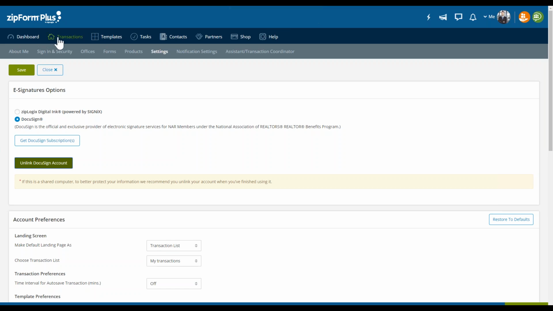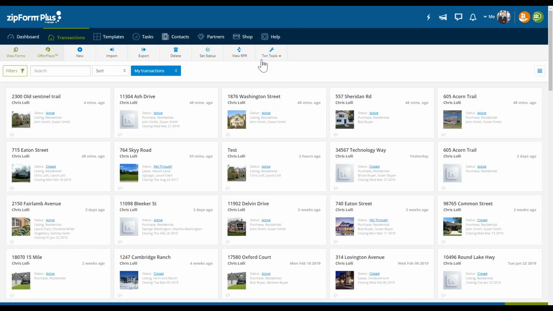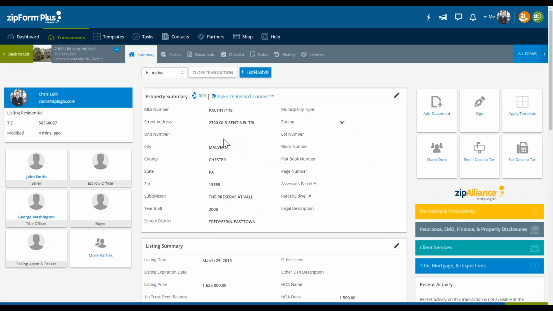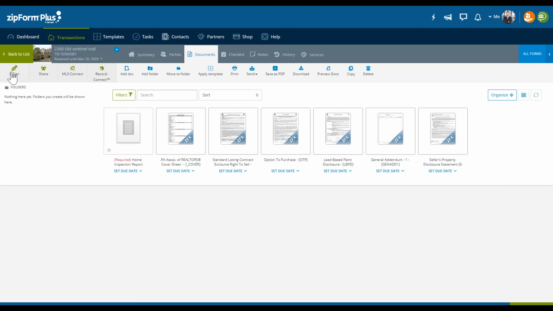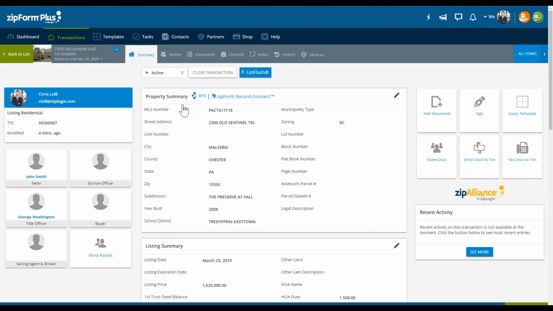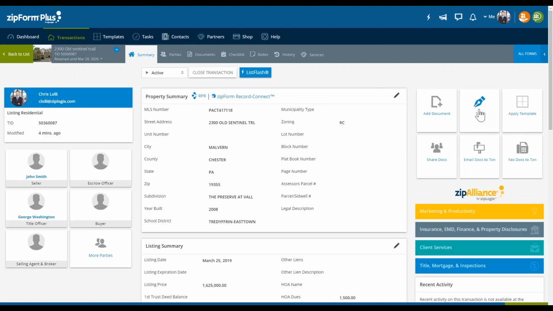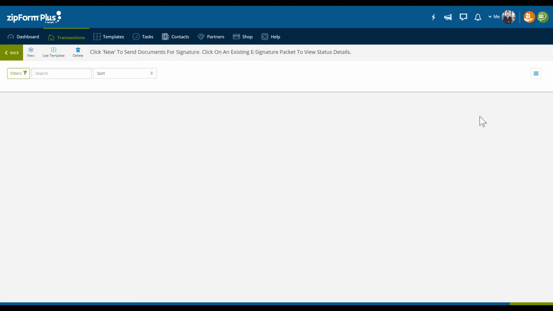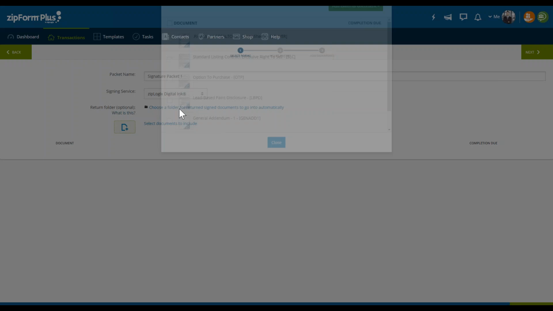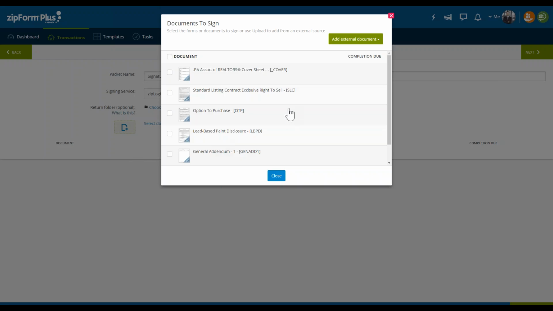So now we can use DocuSign freely within our account. The other added benefit is that we don't have to attach anything else. We don't have to switch our signing service at any point. Okay. But say we want to jumpstart to our e-sign, where previously we were on Documents here. We can click on this e-sign button here. But if you're a little bit more knowledgeable within the platform, you can use one of the transaction summary launchpads, which is over to the right here, when you simply click on Sign. And that jump starts to here. Okay, where we want to click on New, which is our e-signature packet page.